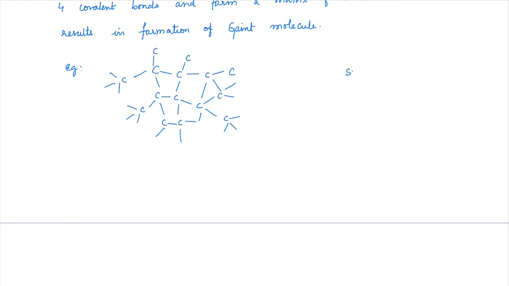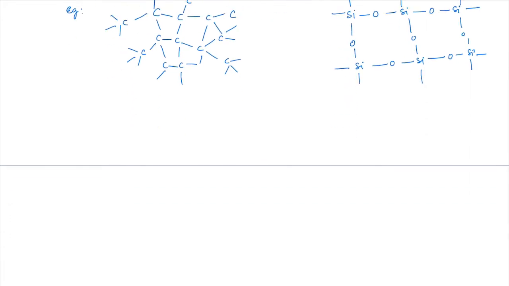Now silica also has a similar structure where it is connected by oxygen like this: silicon, oxygen, silicon, oxygen, oxygen, silicon, oxygen. You can see that every silicon is connected to oxygen this way, forming network bonding. A few important examples you must remember, guys, are diamond, SiO2, which is the silica structure, AlN, aluminum nitride, and SiC, also known as carborundum.